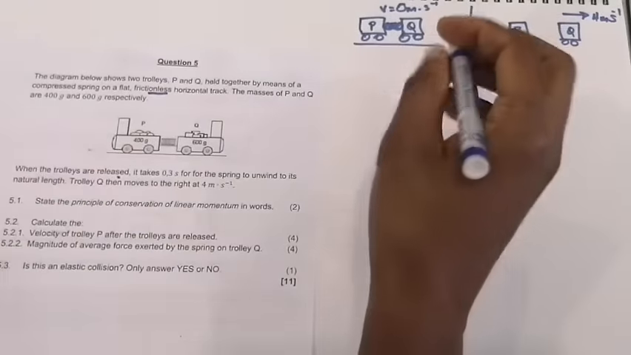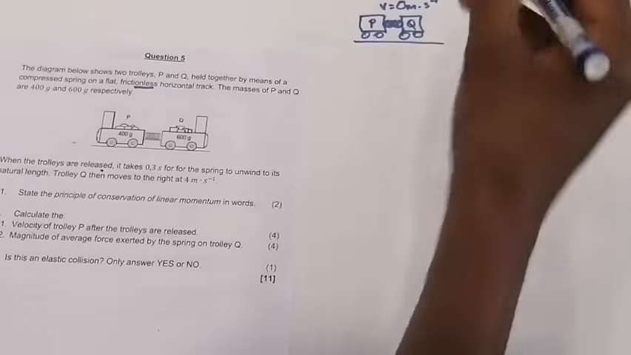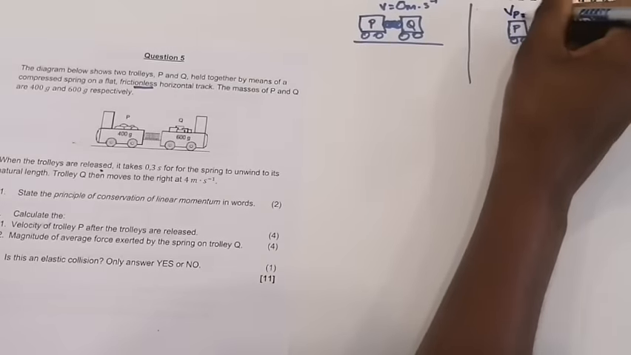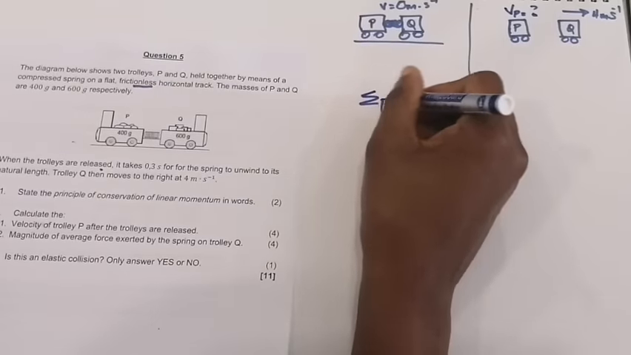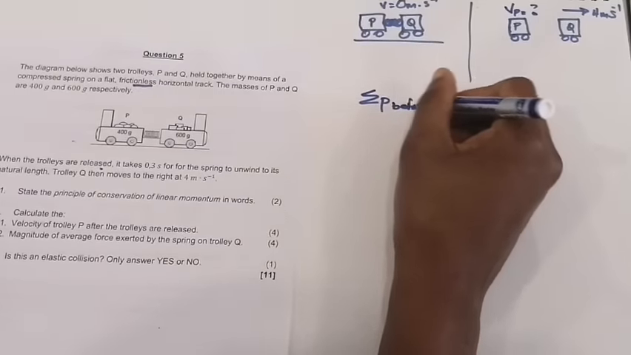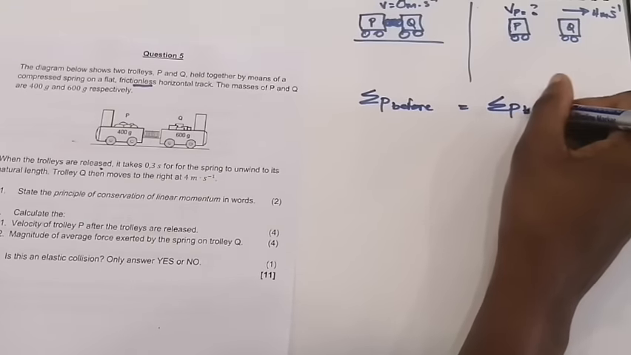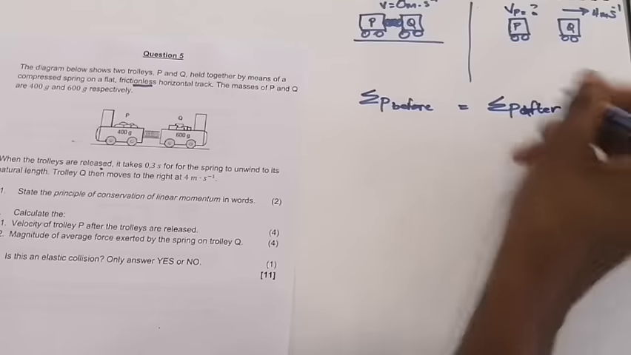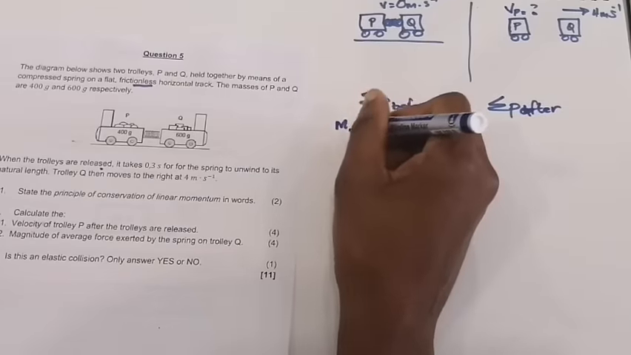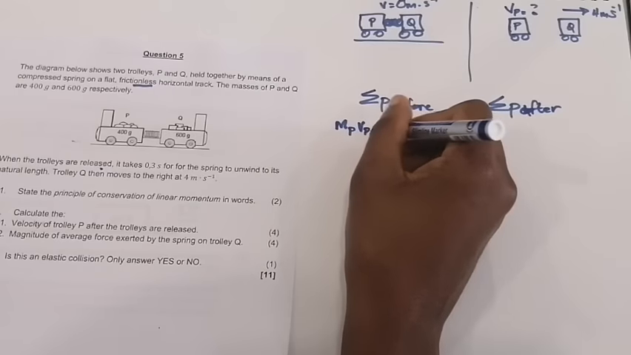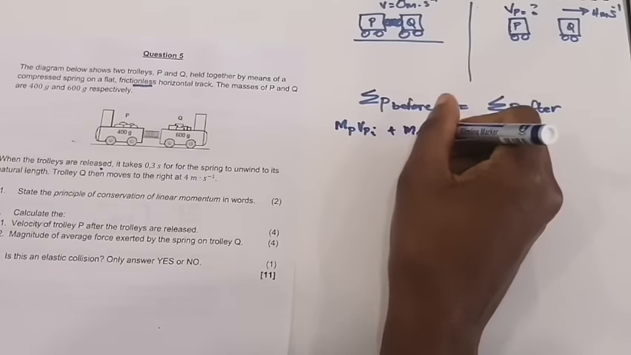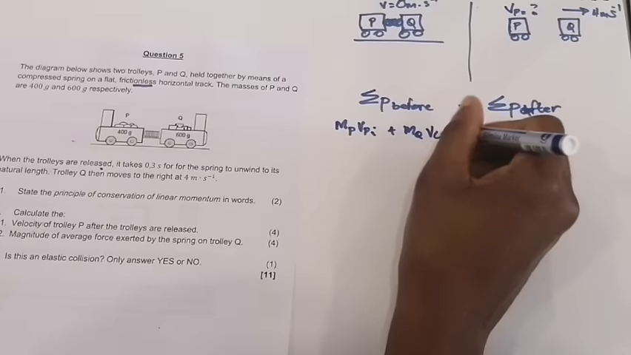Okay, right, so let's go to question 5.2 and let's see how to answer that quickly. They say calculate the velocity of trolley P. So what we want to find out is the velocity of P after collision. Okay, so what do we know? We know that the sum of the momentum before collision, or you can say initial, is equal to the sum of the momenta after collision. Okay, right, so we know the mass of P times velocity of P initial, plus mass of Q times velocity of Q